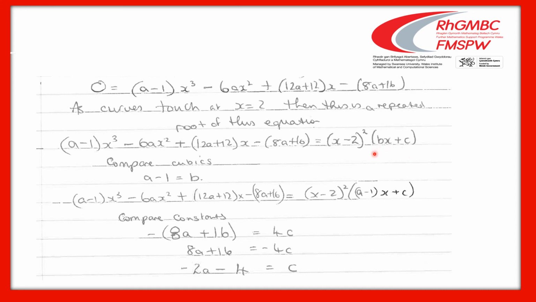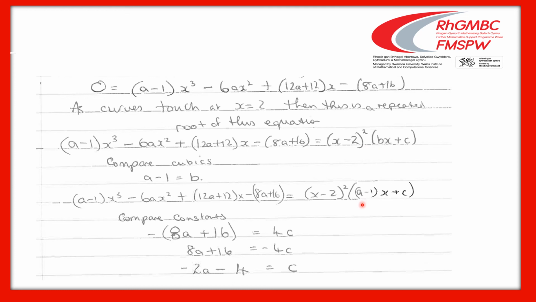So if we use b and c to represent the constants, we can now compare both sides of the equals and see that the number of x cubes would be a minus 1 on the left hand side, and equal to bx cubed if we expanded these two brackets. You can see that by inspection. So we have an equation linking a and b. If we put b now in as a minus 1,